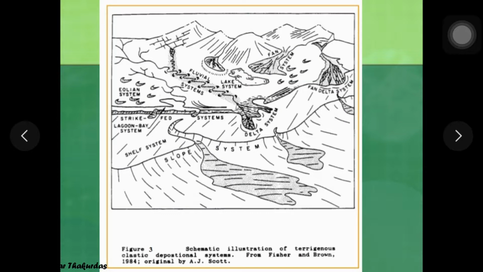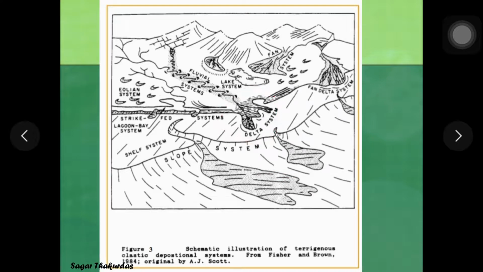Now this is the schematic representation of terrigenous clastic depositional systems that we are studying, and here you can see all the depositional systems that were listed initially before we started off with this subject of depositional systems. Now here you can see this is the alluvial fan. Another similar feature which we see under the surface of sea is submarine fan, which can be seen here. Similar geometrical feature is here, which is called as delta.